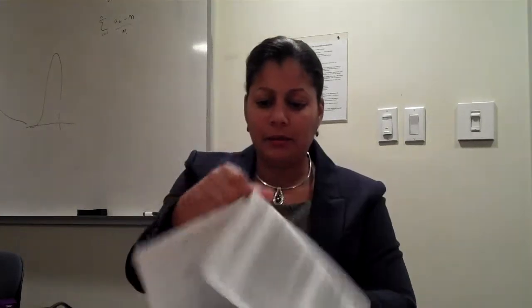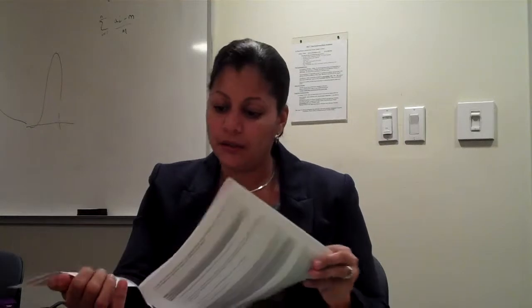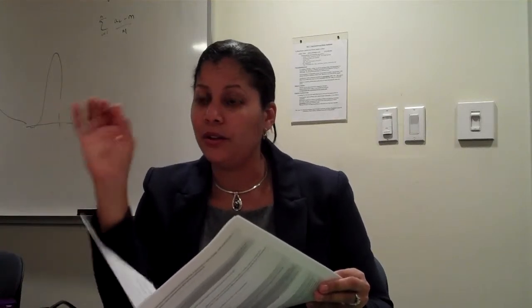Page 3 is all the exempt stuff. Part 2 of the exempt stuff is that you just have to explicitly state that my research qualifies for exempt status because of the reason. I just did one, so I said, I believe my research qualifies for exempt status under category 1. Research is a study of normal educational practice, and I had to actually write it out. They want you to not just say 1 or 2, they want you to write out what it is that you're saying.